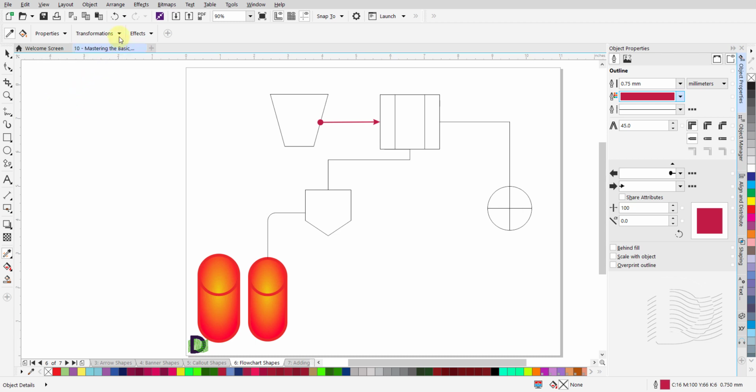Let us have a quick look at the other 2 attributes groups. Click on the black triangle for the Transformations group to open the drop-down menu and see the attributes options available to us. I am not going to select any from this category. Next, click on the black triangle to open the drop-down menu for the Effects group. Here as well, I will not select any attribute. We shall be covering all this in great detail in a separate tutorial.